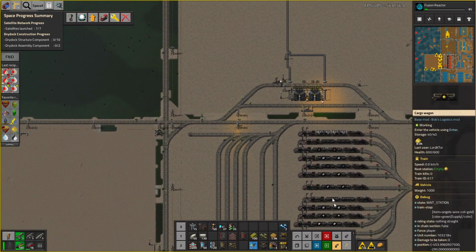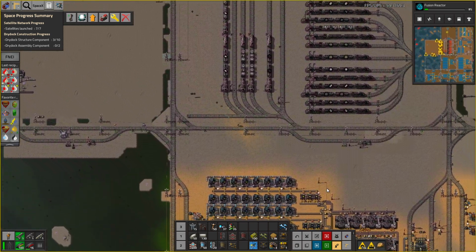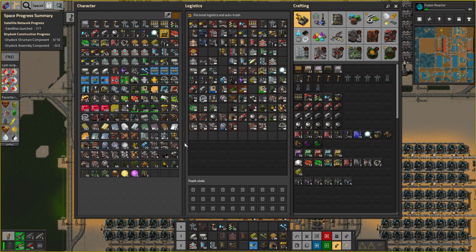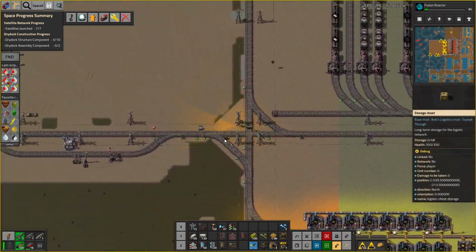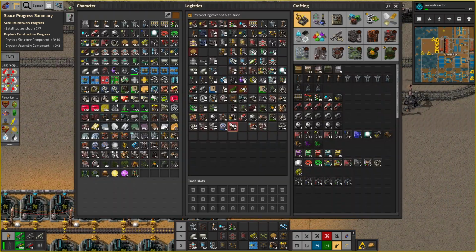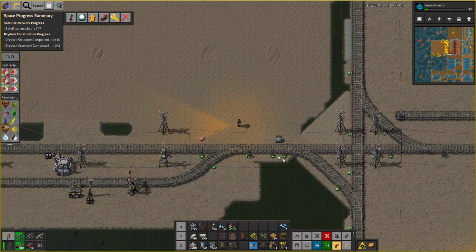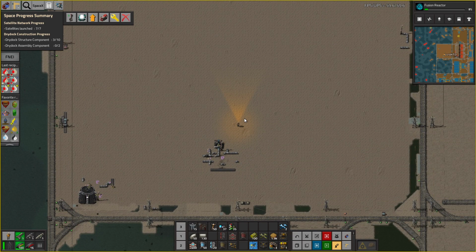Let's turn these guys off first. No, don't come to me. I'm gonna build you one of these and you can go. No, I don't want you. There, go in there. Leave me alone. Turn that lot off. Maybe that will stop them coming. Wasn't actually that much stuff. Okay,